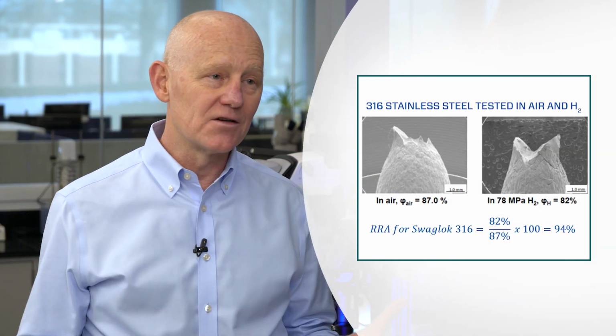Now, some other things that are important are things like welding. A lot of our customers weld tubes together, or they'll weld tubes to our components. So we want to understand how that weld performs. When we test the weld in hydrogen, we get around an 85% relative reduction in area compared to 90. And so that's not bad. Still good. Yeah, really good.